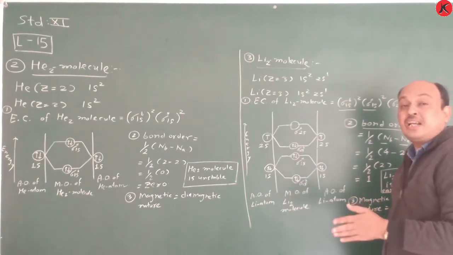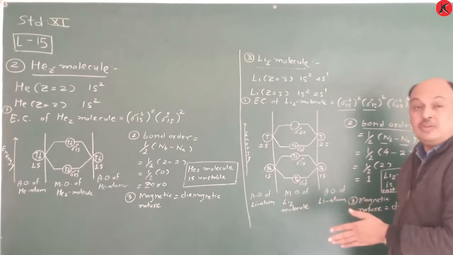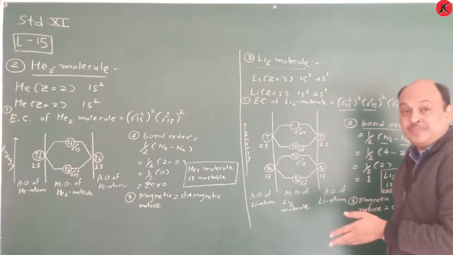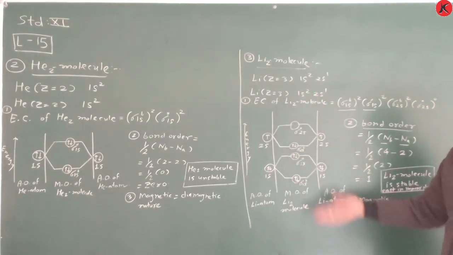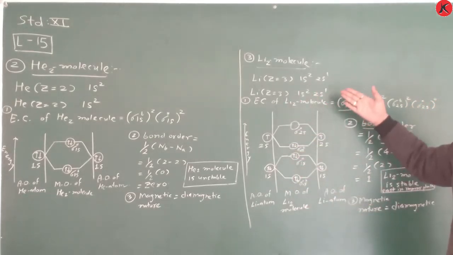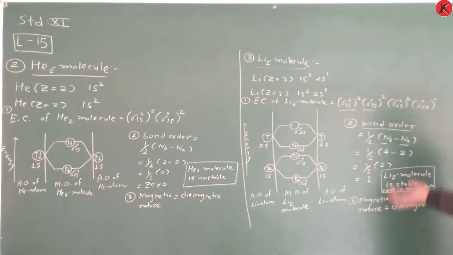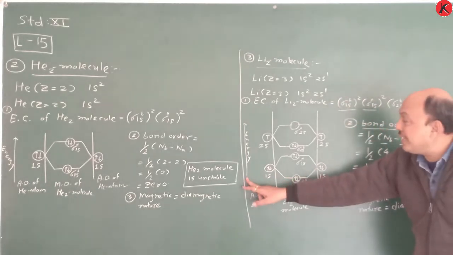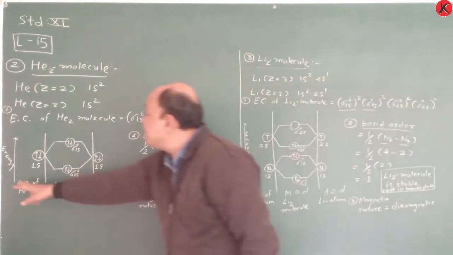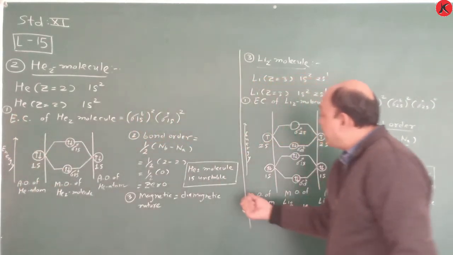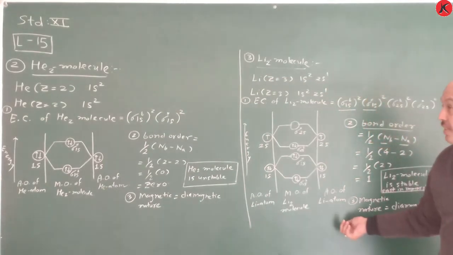Draw the molecular orbital diagram of the He2 molecule and the Li2 molecule, that's it. First of all, write it completely from your NCERT textbook, and also take a screenshot of this. Do not forget to write that energy increases on the upward side. Energy is increasing on the upward side. Remember this one. This is a very, very easy topic.